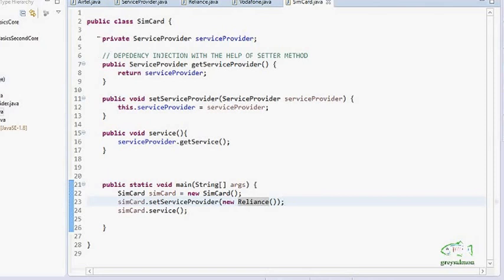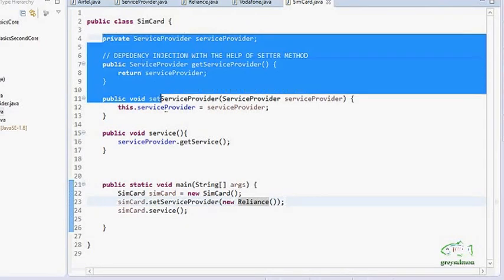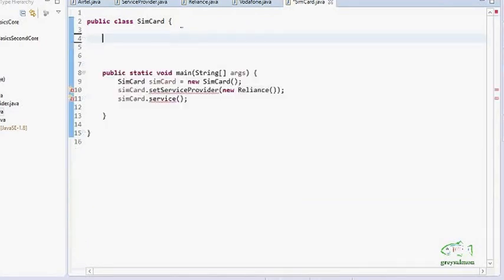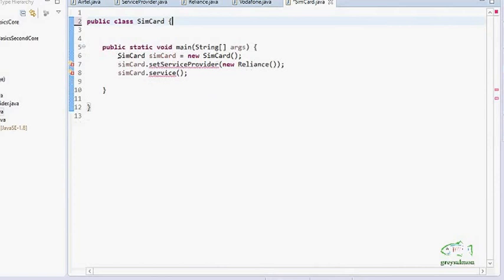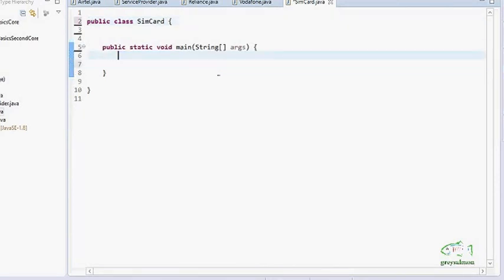For that, we will remove all these lines. Now we will perform the dependency injection with the help of reflections. Here in the class SIM card we will have the reference of the service provider.